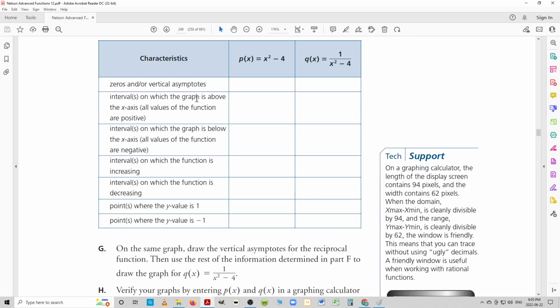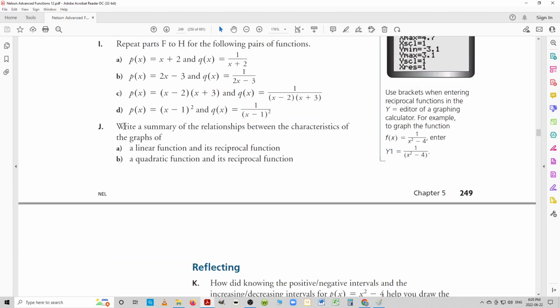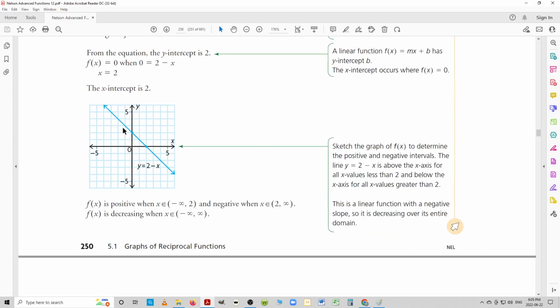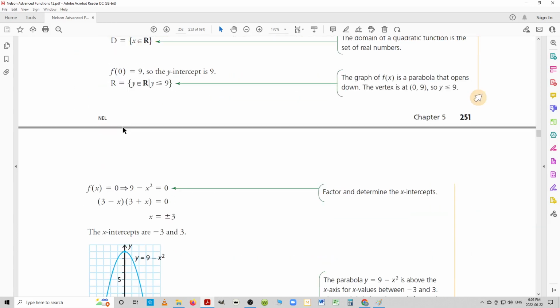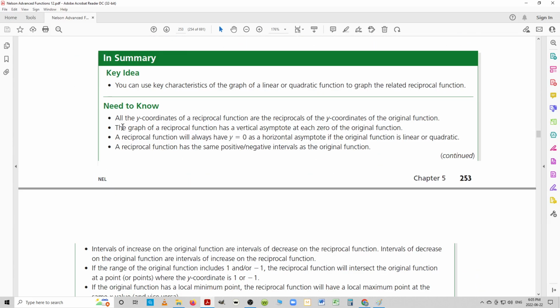And then they want you to go through all the vertical asymptotes, all the stuff. Where's the interval of increase, the interval of decrease? What happens as x reaches negative infinity, positive infinity? Where's the y value 1? So you have to set it equal to 1, all this stuff. And they just want you to practice drawing it. And we're going to get into that, but it's easier for me to just jump to what this thing is